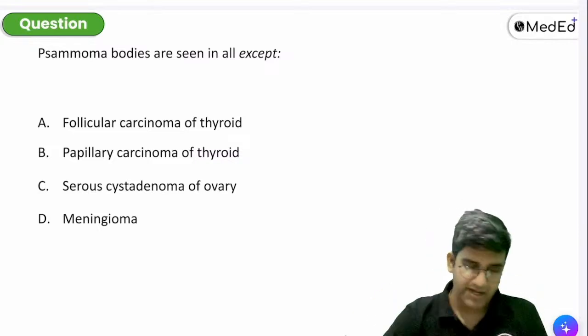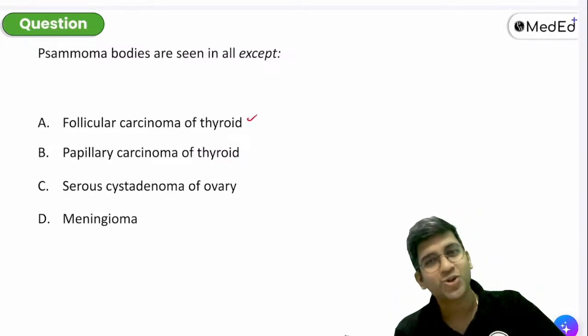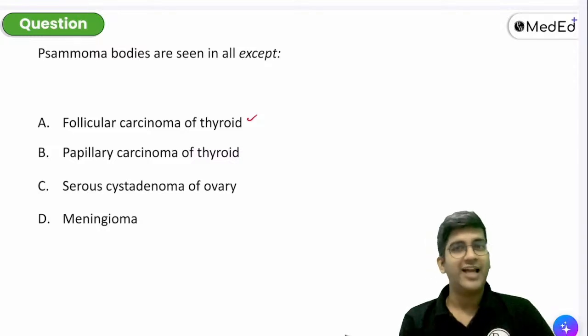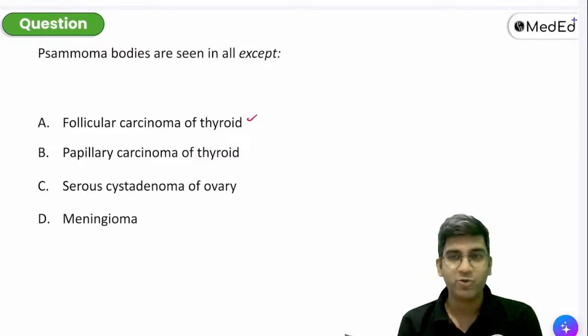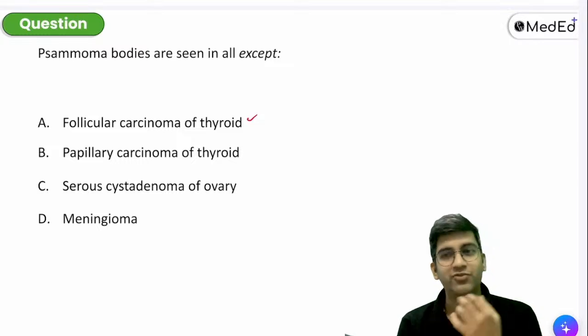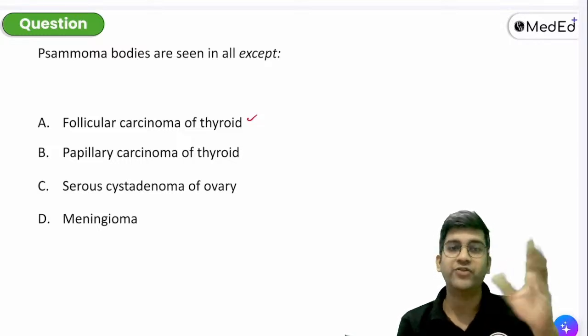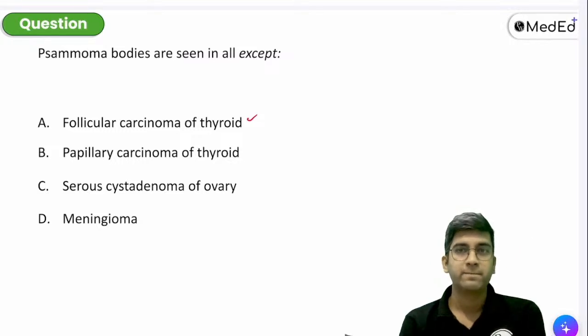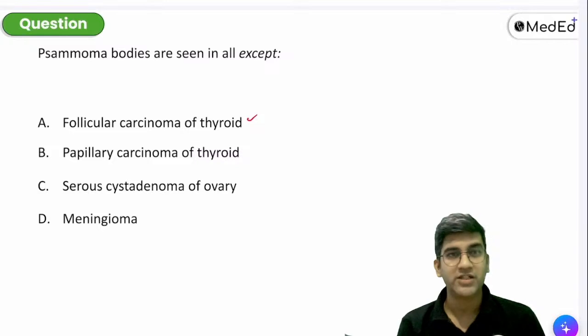Answer is A, right? I am 100% sure you know the mnemonic of PSM squared, right? I'm not going with the mnemonic. If the mnemonic helps you, go with the mnemonic. I go with logic because logic is much more comfortable for me to remember than a mnemonic, right? What's the first tumor which comes to your mind when you think of Psammoma body? Papillary carcinoma thyroid, right? That's what everyone remembers first.